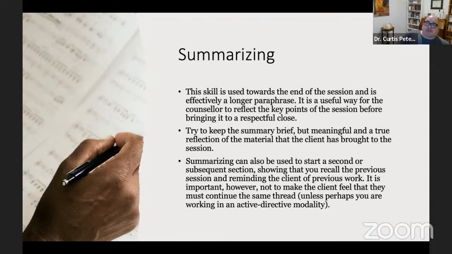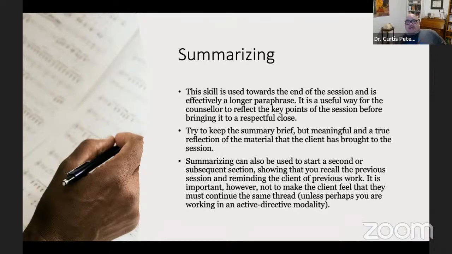Summarizing can also be used to start a second or subsequent session, showing that you recall the previous session and reminding the clients of previous work. It's important, however, not to make clients feel that they must continue the same thread, unless perhaps working in an active directive modality, okay, such as cognitive behavioral therapy or a manualized therapy. Okay, so